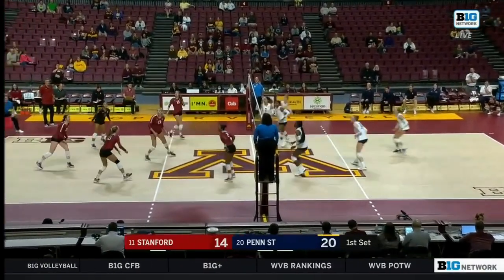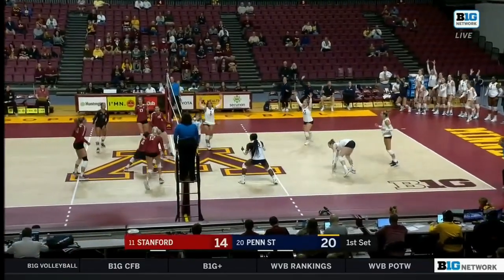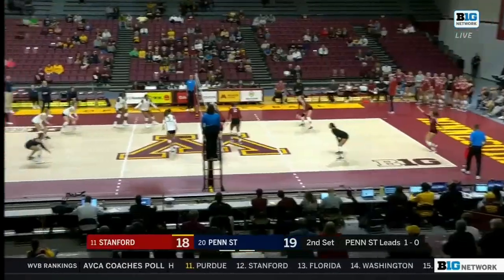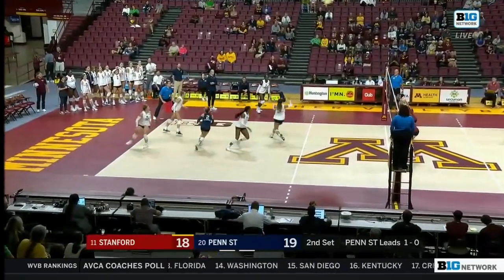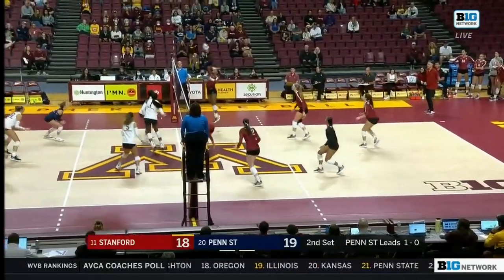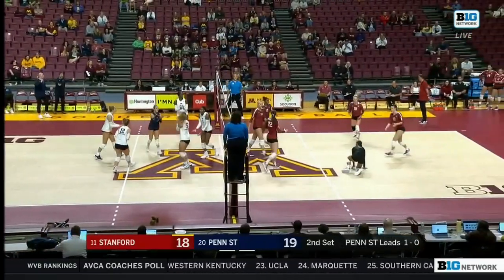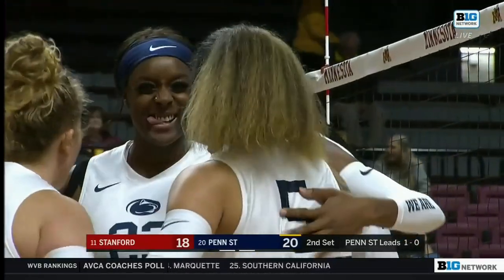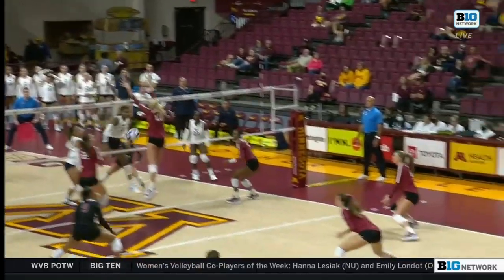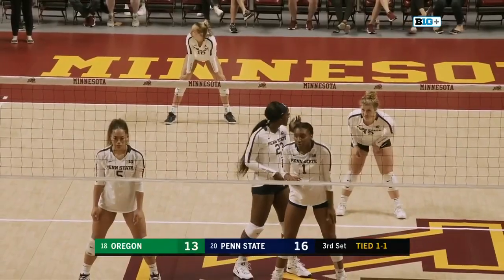Nice up. Free ball to Stanford. Minor sets Katie Baird from the backcourt, never heading over. Out of system if they want to have any success and try to come back in this match. Yeah, Ruben has a nice deep serve. Taken by Ogilvy, excuse me. From the middle, Penn State converting back. In transition, they've been strong. From their block moves so quick, and you see how high Taylor Trammell gets up there because